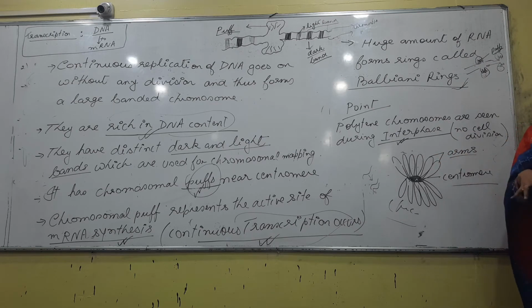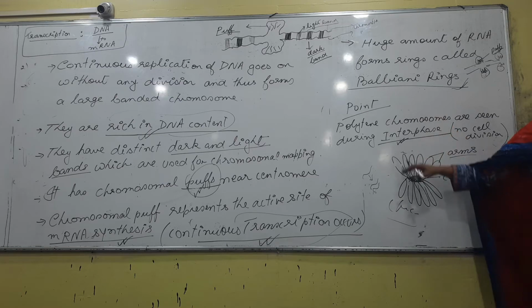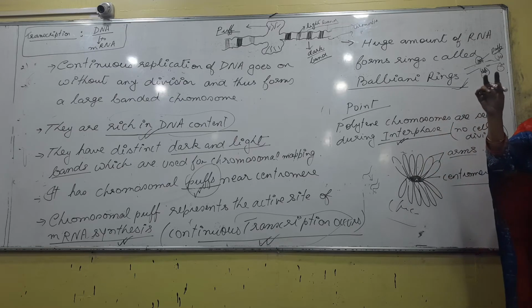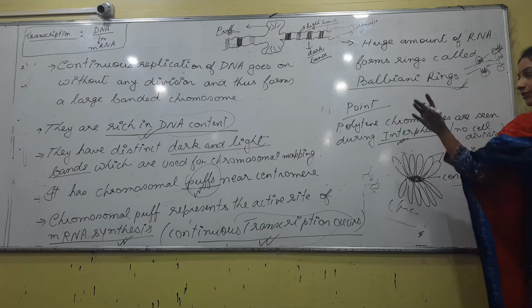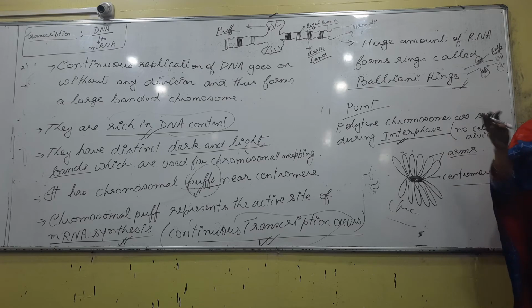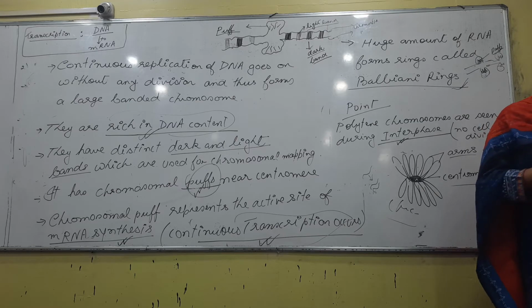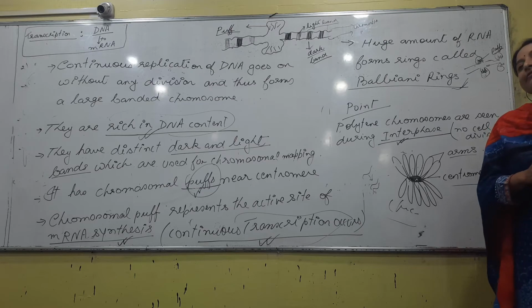So while you are writing a short note, write only the points that I have ticked for polytene. So during the exam you can just read only the words. What you will read? Puff. What you will read? Rings. Next, huge DNA content. Fourth, huge amount of or high rate of transcription. That's all. These are the 4 words that you have to study.